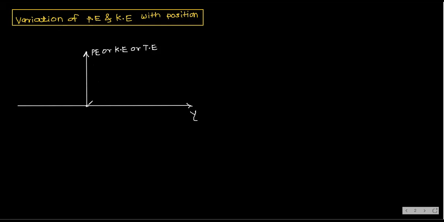Now at this position, displacement is 0. Yes, Y is 0 here. And I am choosing 2 points like this, where I will denote displacements. Here I am writing Y is equal to plus A, and here Y is equal to minus A. We know the extreme position displacement is plus A and minus A.